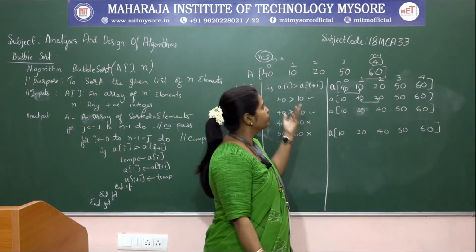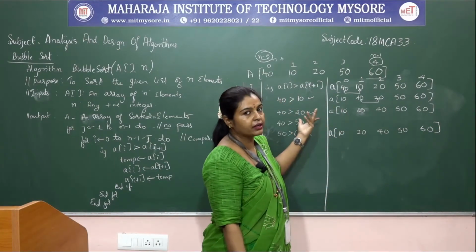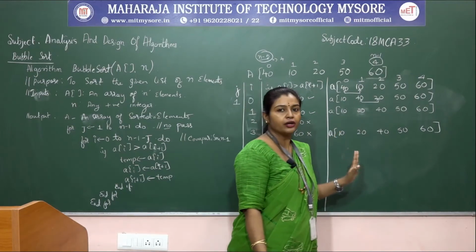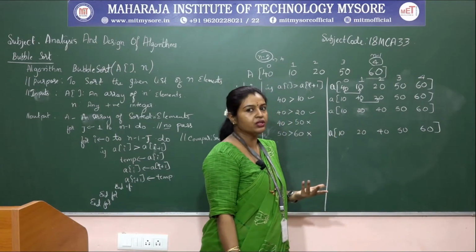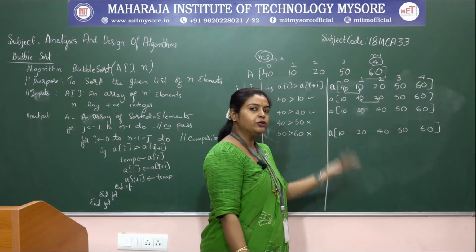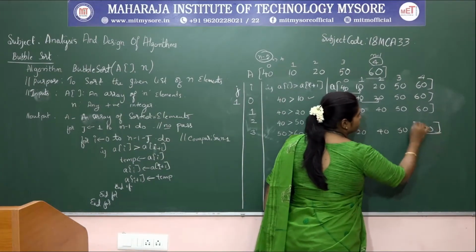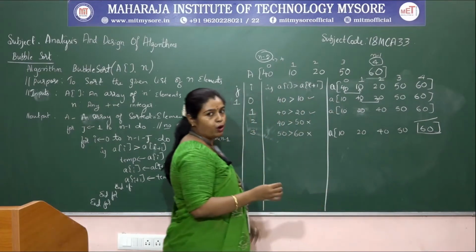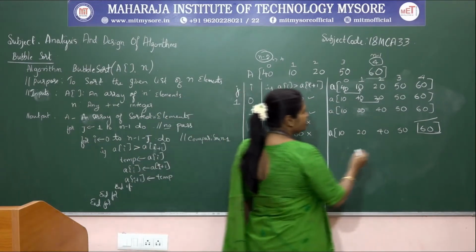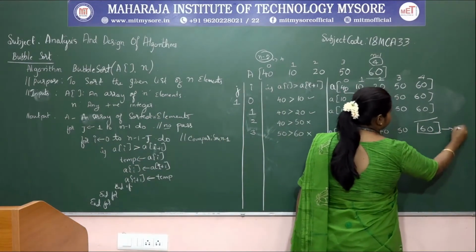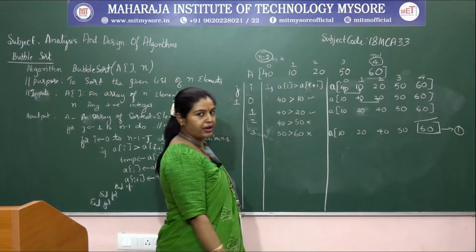Of course, based on the numbers and positions we have taken, it is already sorted. I know this, but the computer doesn't know about this, right? So, we need to continue with the whole procedure. Now, the first element came to the bottom. This is the result of the first pass.